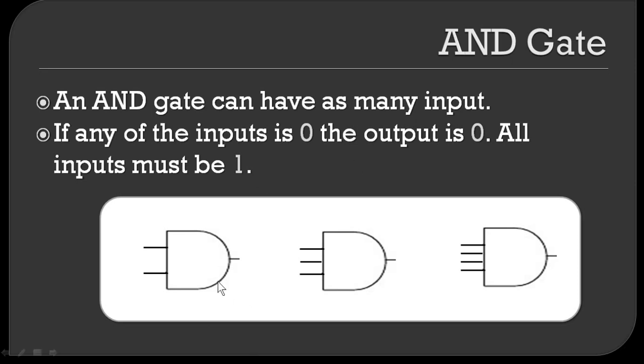Now we will come to the gate used for AND. You can see a straight line on the left-hand side, and then it looks like a semi-oval, and then the output line. It is very simple to draw, and you can see a 2-legged AND gate, a 3-legged AND gate and a 4-legged one. These legs all represent the inputs. But you can see that for all the gates you will have only one output.